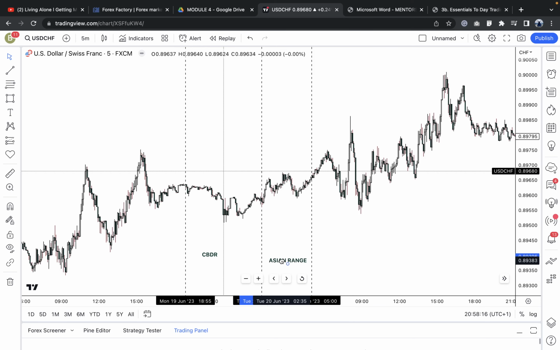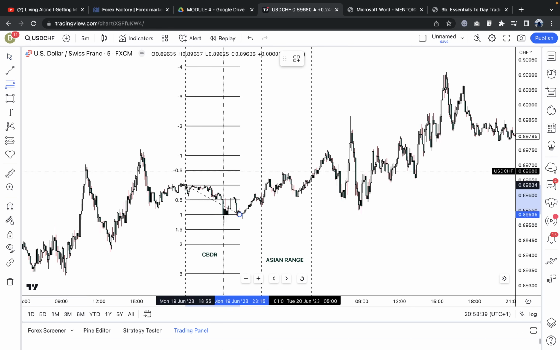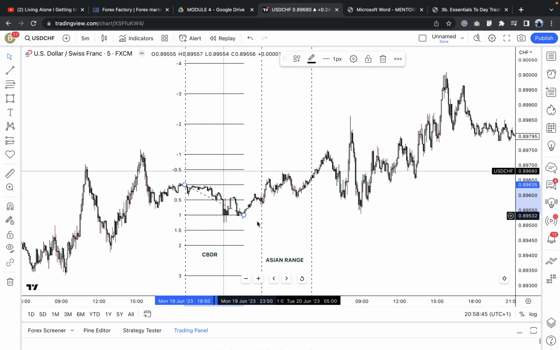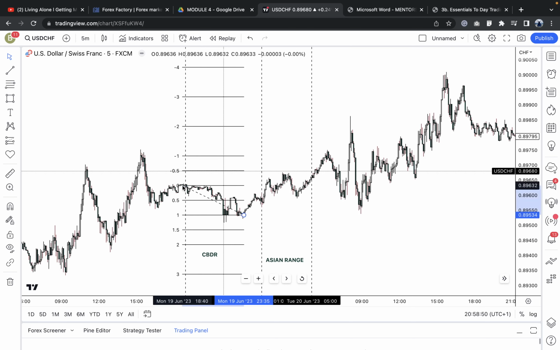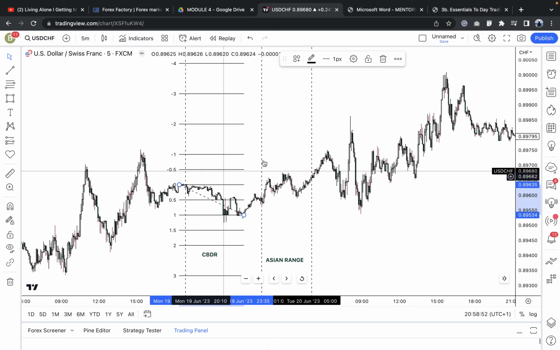If you said the flout, then your answer is not correct. The reason why is because you can see that Asia sees displacement out of the range from the central bank dealers range. What we'd like to see typically is Asia remain relatively inside the range from our central bank dealers range. So if you take your range projection from the lowest candlestick body and the highest close here,